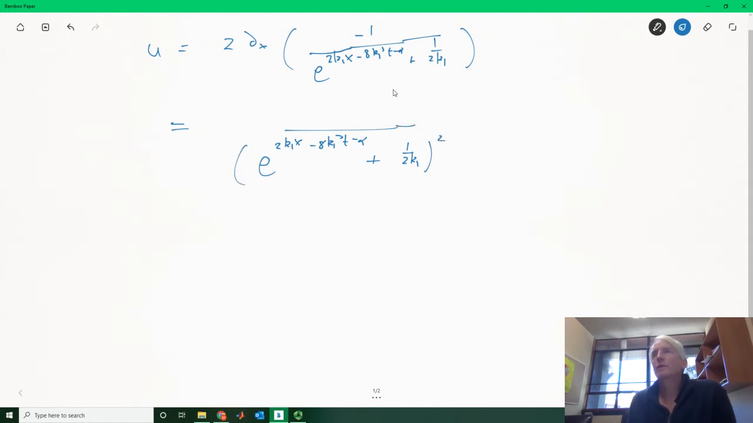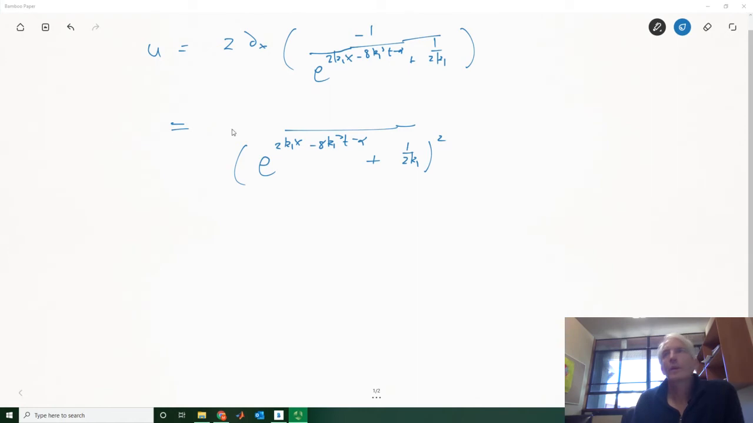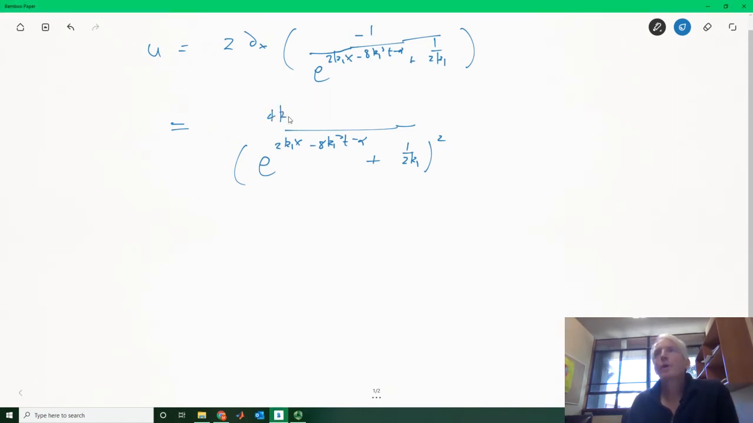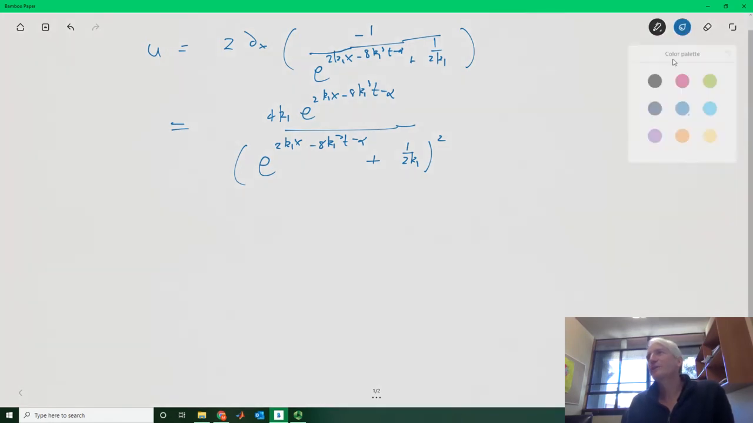And then I'm going to get the derivative of that, which is going to be 4k1 times e to the power of 2k1x minus 8k1 cubed t minus alpha. Alright, so how the heck is that equal to what we want? Remember, we want to try and get to the soliton solution. So we've got to somehow show this horrendous thing here is equal to